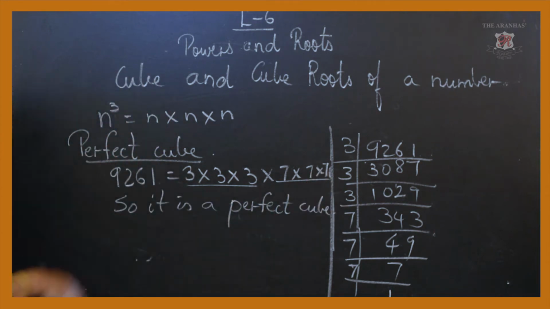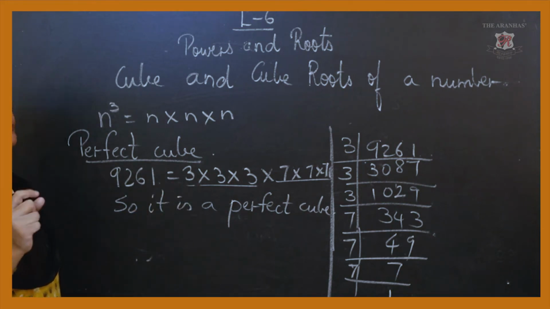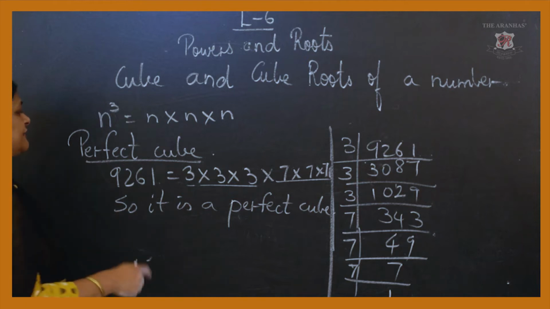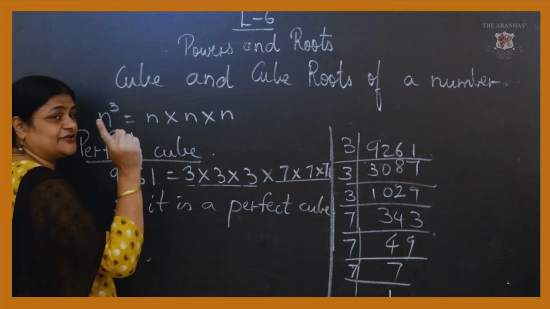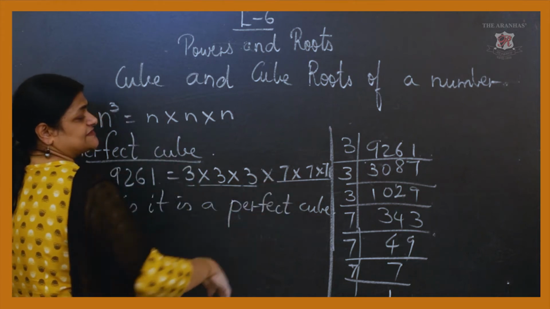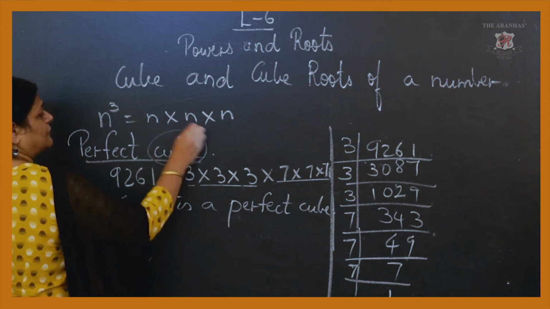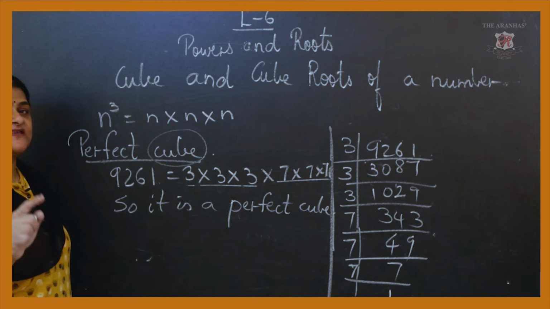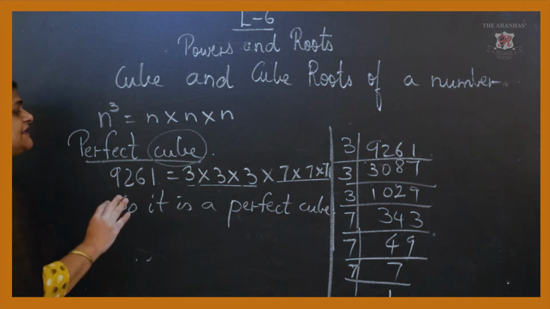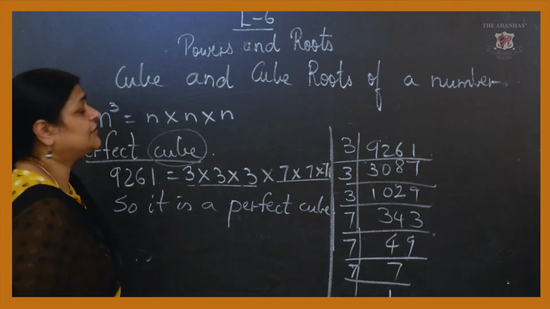Okay. You have done the prime factorization, you are seeing that each has got a cube, meaning 3 times. If it was a perfect square, it would be 2, 2. Here we are going to take 3, 3, 3, a perfect cube. So 3 into 3 into 3, you are going to take 1. And 7 into 7 into 7, each has got a group of 3, a perfect cube. So 3 into 3 into 3 and 7 into 7 into 7, that means it has got groups of 3, so it is a perfect cube.